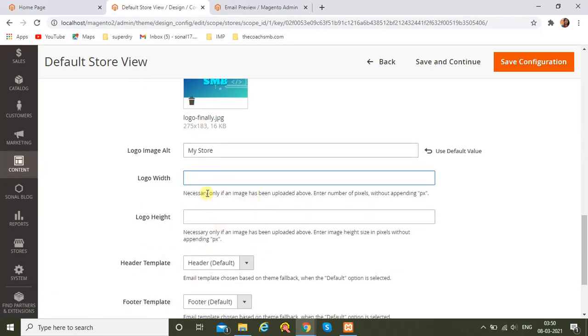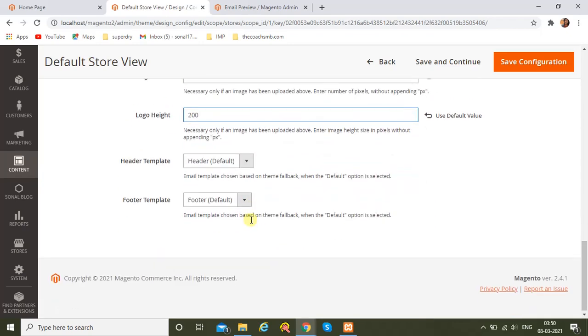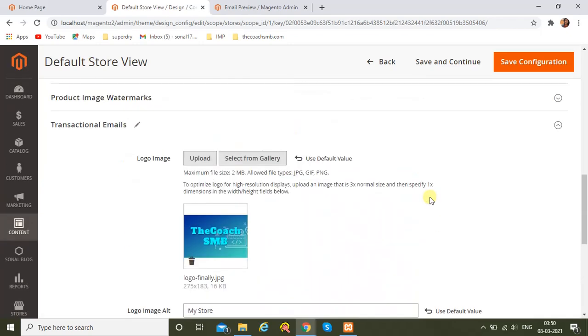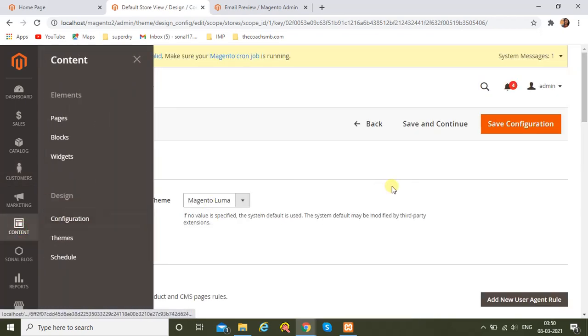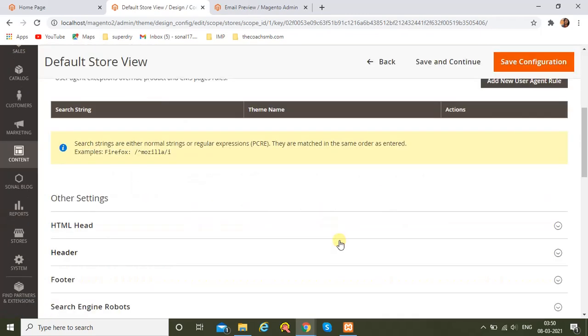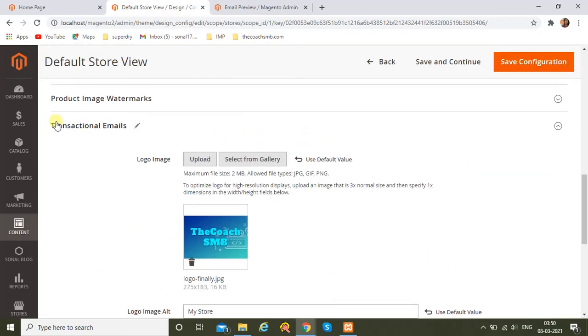Right now I'm giving it 200 pixels, we don't need to mention px. So 200 height and width. No other changes; simply we need to go to content, then configuration. We will edit the last row, that is the Magento Luma theme row, scroll down to transactional emails and upload the logo of our site.